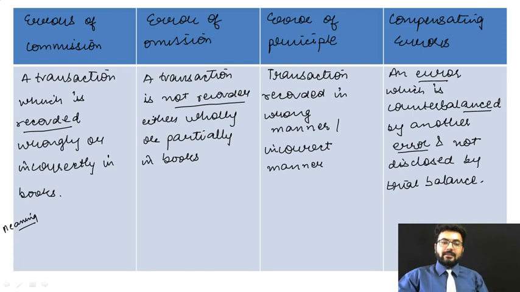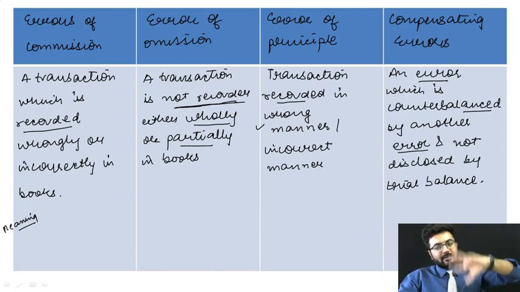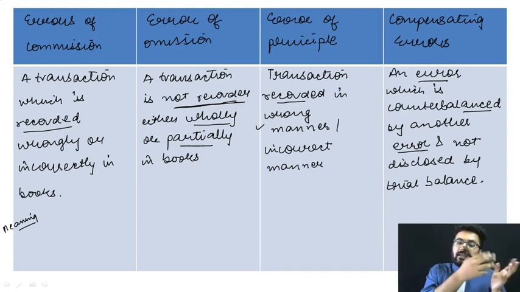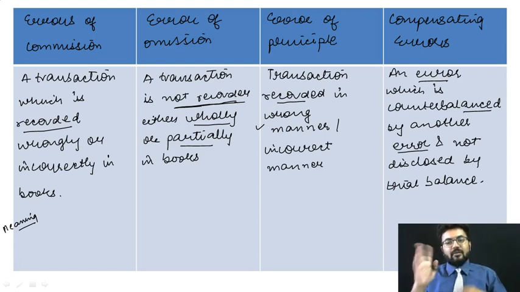This has been recorded, but this has been recorded incorrectly. This has not been recorded, either some part has not been recorded or the whole transaction is not recorded. Over here the transaction has been recorded, but into a wrong manner. What was supposed to be debited has been credited. Over here there is an error which has been counterbalanced. That means an error has occurred, but that has been counterbalanced just because another error has occurred, and you have basically no effect on your trial balance, which shows the balances of everything. So basically that does not have any of the effects.